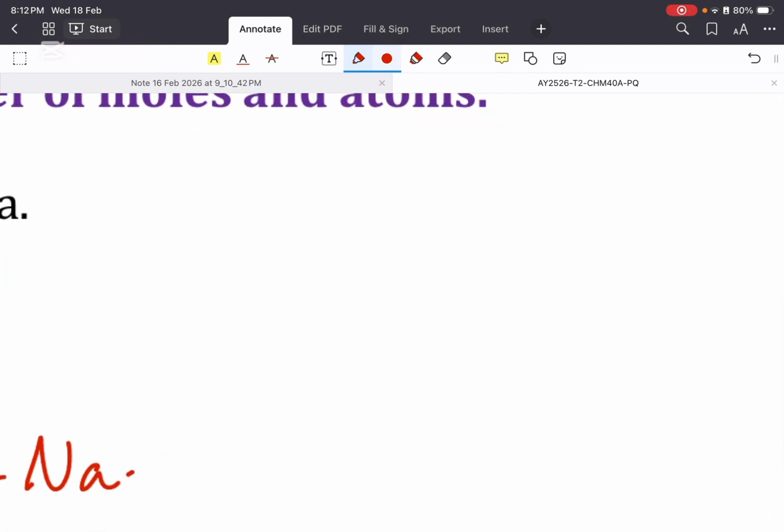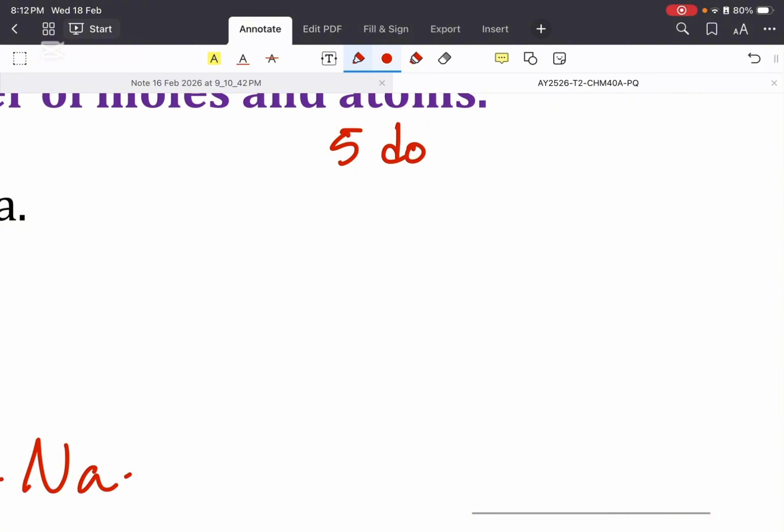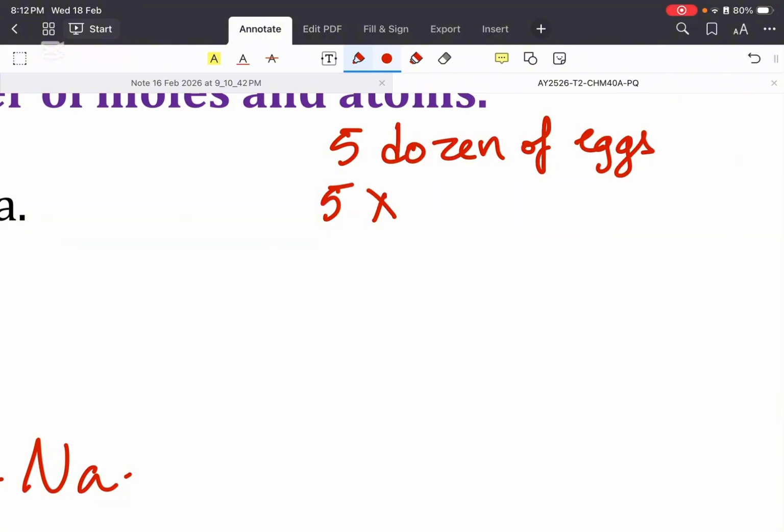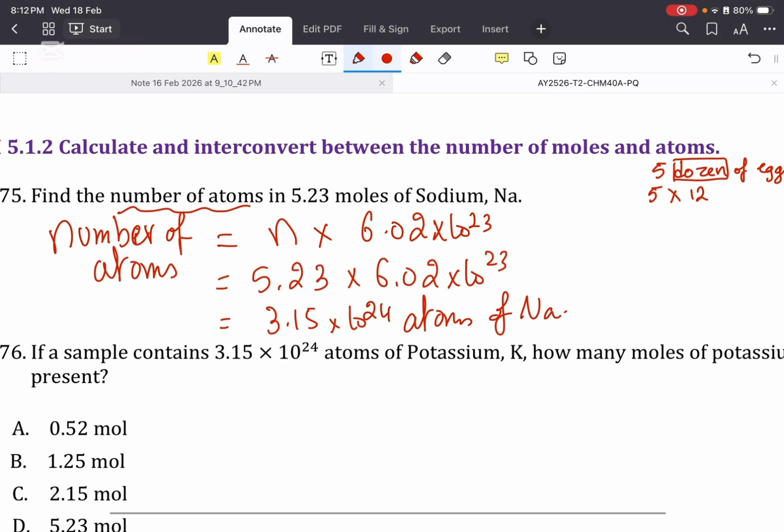Remember, it's as if I'm telling you I have 5 dozens of eggs, and I'm asking you how many pieces of egg I have. You're going to take the amount and multiply it by what dozen means, which is 12. And here you have 5 moles of sodium atoms. They just want to know how many atoms this means. So you take the 5.23 and multiply it by how much the mole is, which is 6.022 times 10